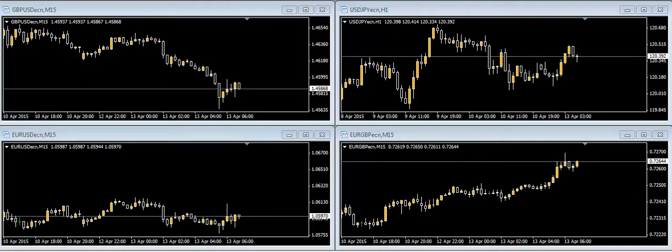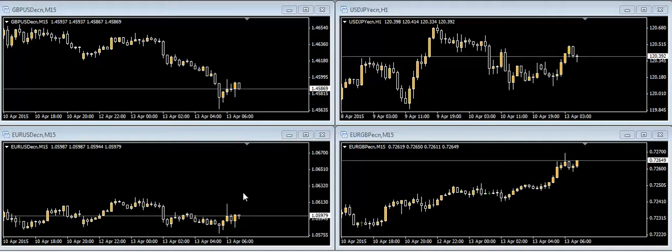All right, it is now 2:48 a.m. Eastern Standard Time, and we're looking at the GBP USD 50-minute time frame. We're also looking at the Euro USD 50-minute time frame, the USD JPY time frame, and the Euro GBP time frame. Now, what we're doing is we want to identify channels